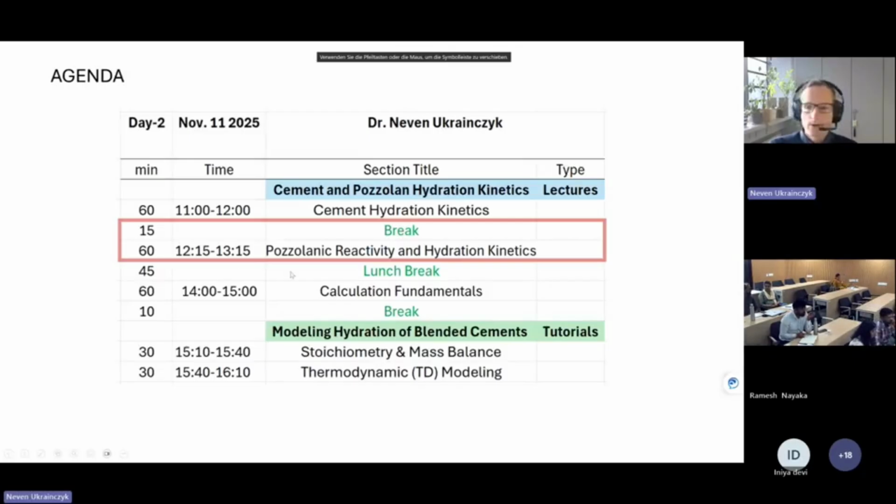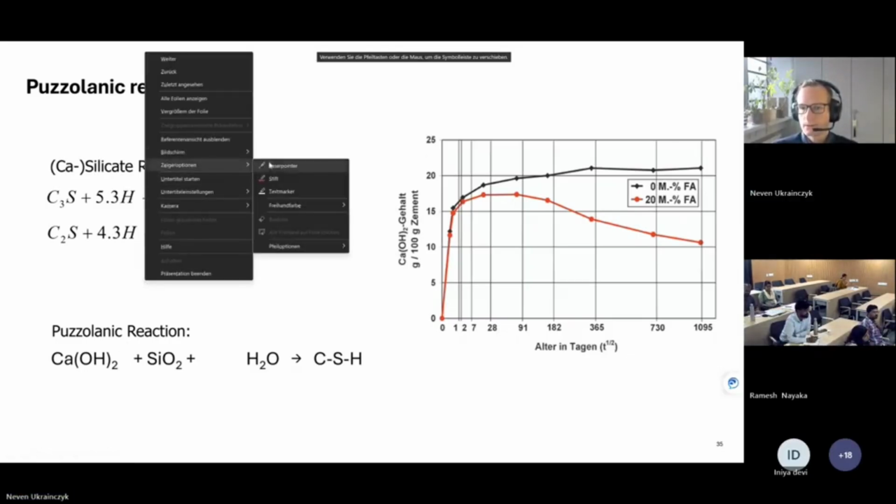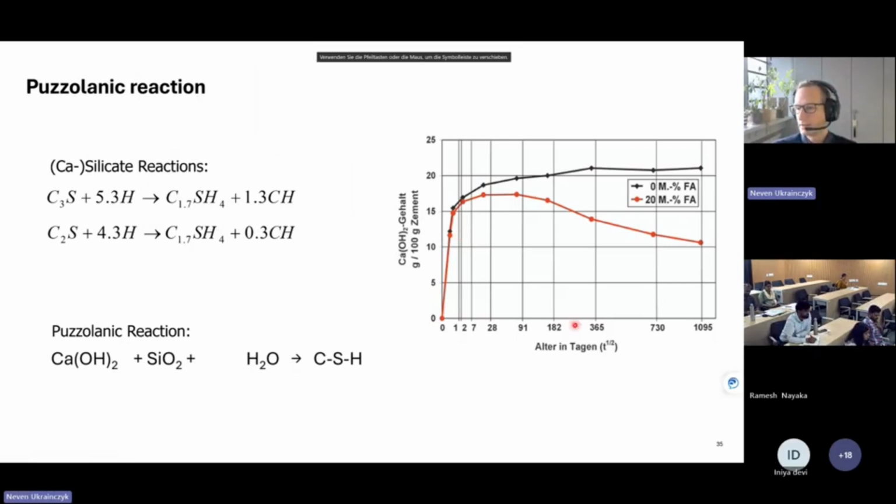Okay, so we have half an hour. I would like to finish this part on the Pozzolanic reactivity before lunch, so I will just continue. Now we are in a Pozzolanic reaction, so that's a secondary reaction. If you have 20% fly ash and measure the amount of Portlandite with thermogravimetry, you will see that the Portlandite is